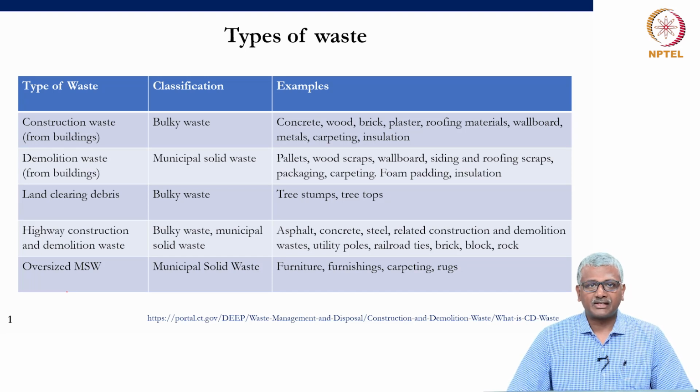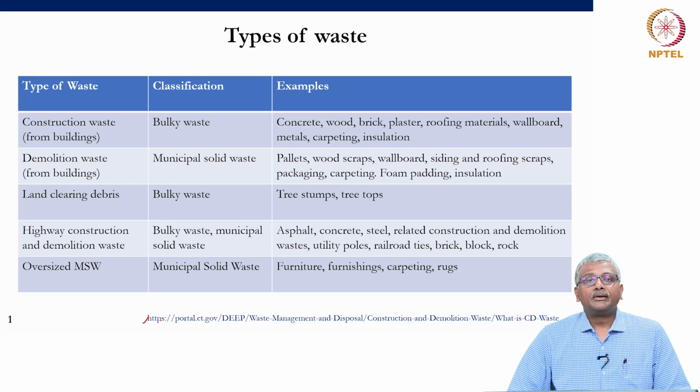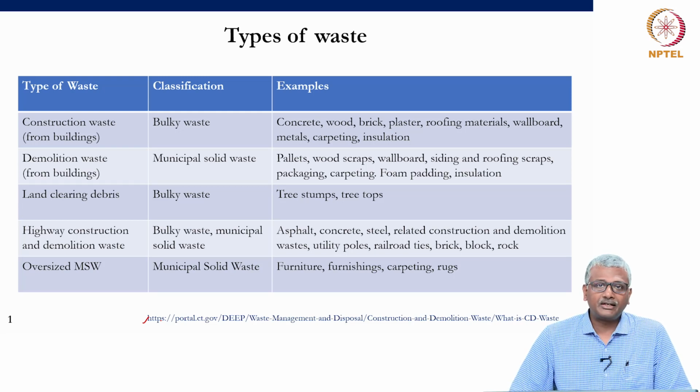There are various ways of classifying these wastes, but what I've picked up is a particular example that is available from the source mentioned at the bottom of your screen. Here, the types of waste are defined based upon where they are collected and what type of waste is being collected. For instance, the construction waste that is collected from buildings is classified typically as a bulky waste, and the examples of these include concrete, wood, brick, plaster, roofing materials, wallboard, metals, carpet, insulation. So all of these are available when we take down a building or when we are even doing